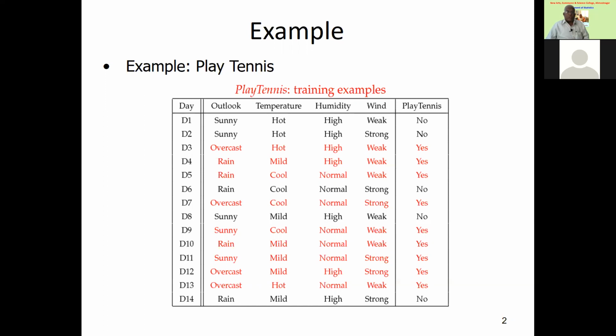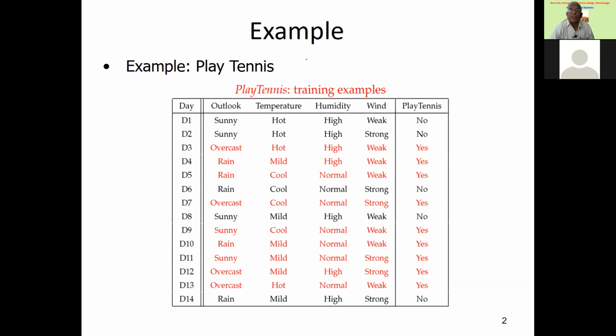Yes, no, yes, no. It means that under a certain condition of that day, under certain futuristic view of that day, you are taking the decision whether I should go for playing tennis or I should not go. That means you have some supportive information, and under that supportive information, you are taking the decision about playing tennis or not.